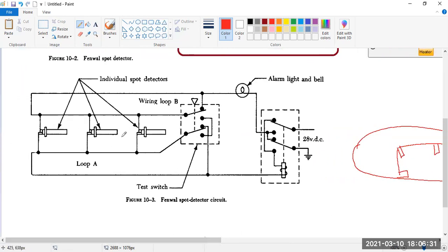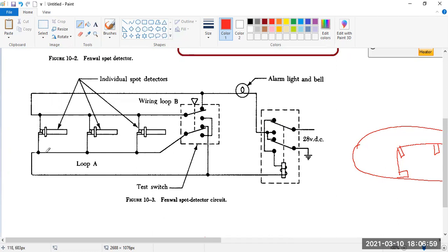The detectors, these are thermal switches. They are all connected to each other in parallel. DGCA asks this. You already know, you have done in your 12th standard, when the circuits are in parallel, the voltage remains the same. But what will happen is each one will act as an independent switch. That means what? See the circuitry. The supply is coming from here.